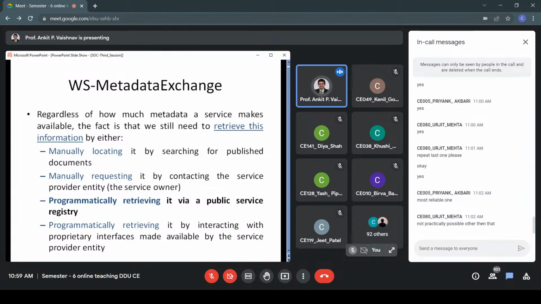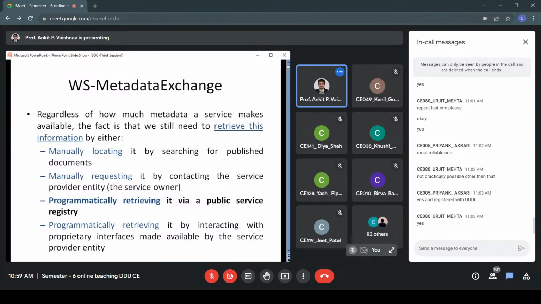I hope you are getting it right. Yes, and registered with UDDI. Correct, correct. Yes, you have to register. Okay. So I'll again repeat, there are four ways of retrieving metadata, right? And we have seen all four, but one of them is the most appropriate, right?